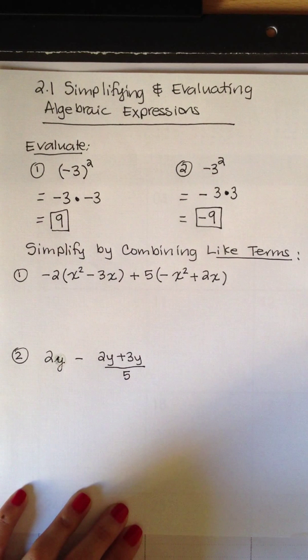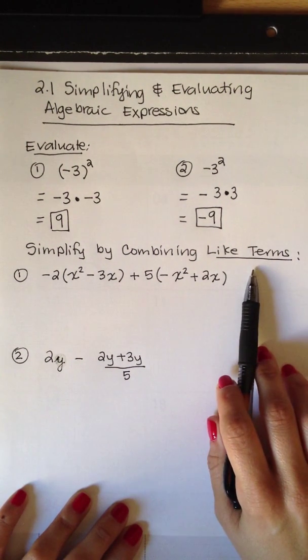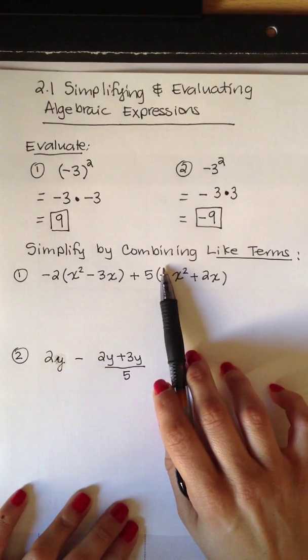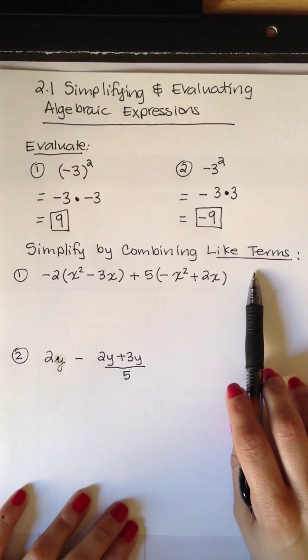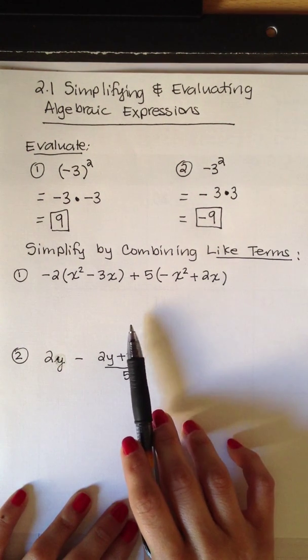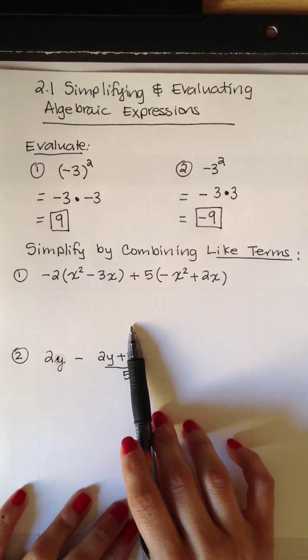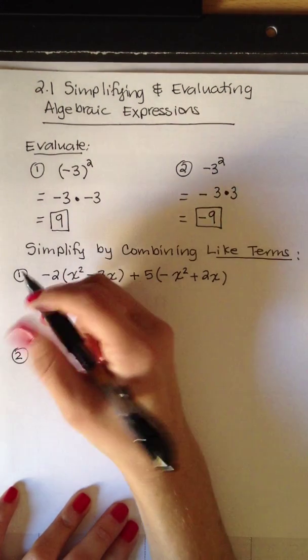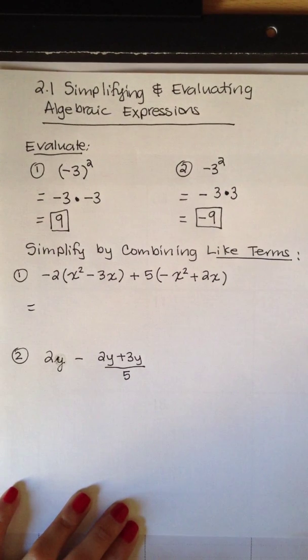Next, simplify by combining like terms. So when it says combine like terms, it means either add or subtract. Like terms are terms that have the same variable or variables and also the same exponent or exponents. In this case, the first step would be to use the distributive property, which would give us